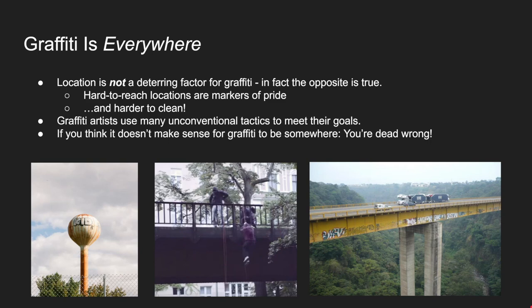What do you call that? Overhang? Yeah, overhang. Let's go with that. To get down from their target spot. So you can tell there's always a justification to use graffiti in a certain place. If you don't think that it makes sense for graffiti to be somewhere, you're completely wrong. And usually you can think of a justification for it to have gotten there in most cases.